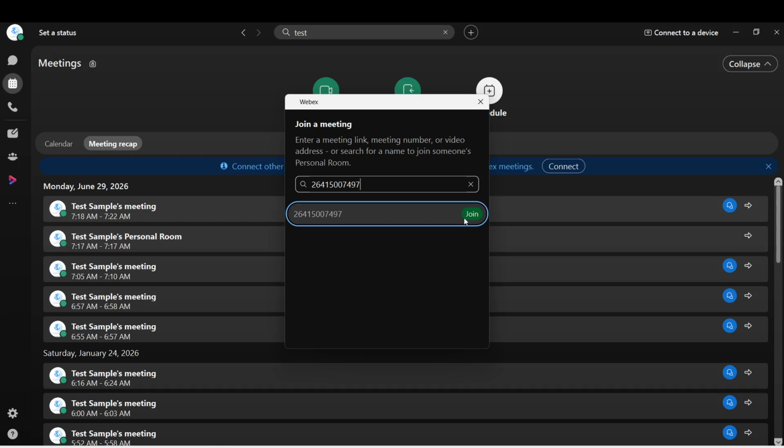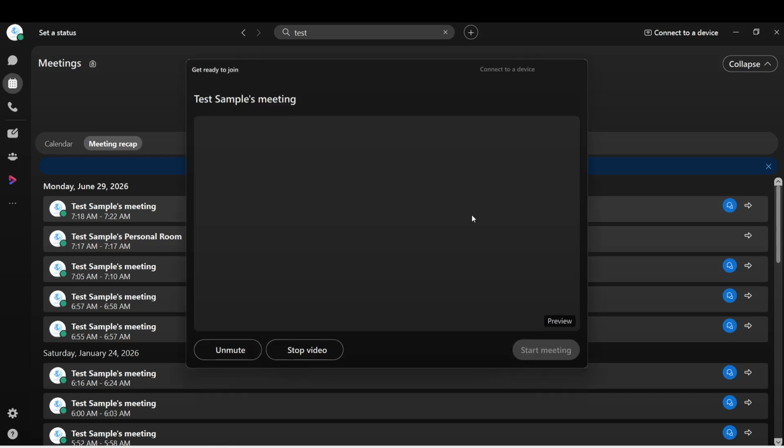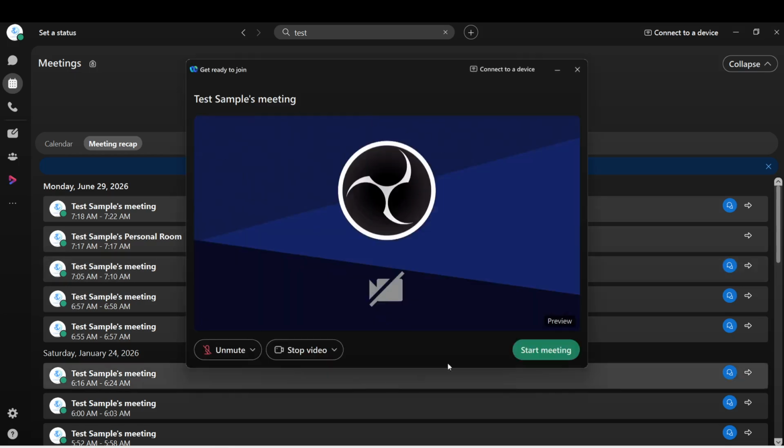Next, enter the meeting password in the pop-up field when prompted. Then click OK or Join. The password is another layer of security for the meeting, ensuring that only invited participants can enter. It is essential to have this password handy as it is typically sent alongside the meeting link. Entering the correct password is crucial for gaining access to the meeting content. Once you successfully input it, you will receive a notification confirming your entry into the meeting.